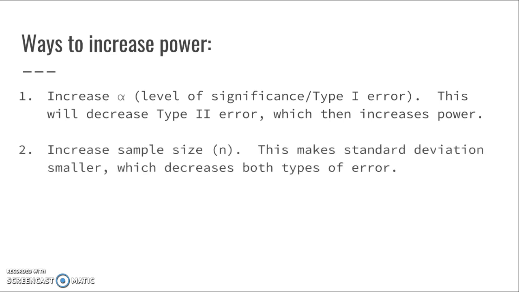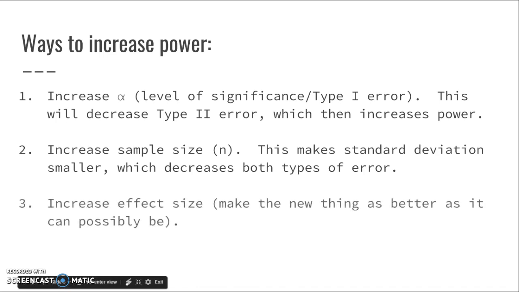We can also increase sample size, or n. This makes our standard deviation much smaller, and that's going to end up decreasing both types of error and in turn also increasing power. And we could also increase the effect size, basically make the new thing as better as